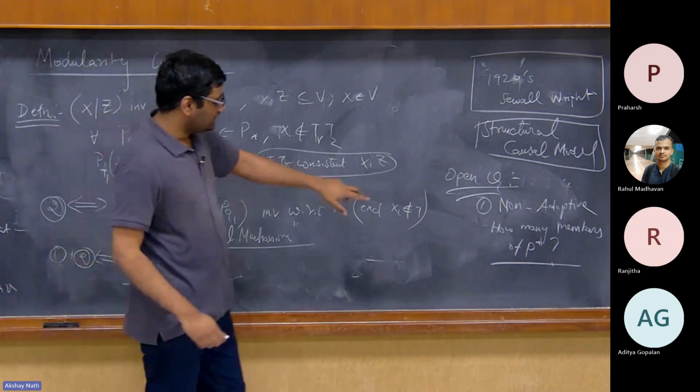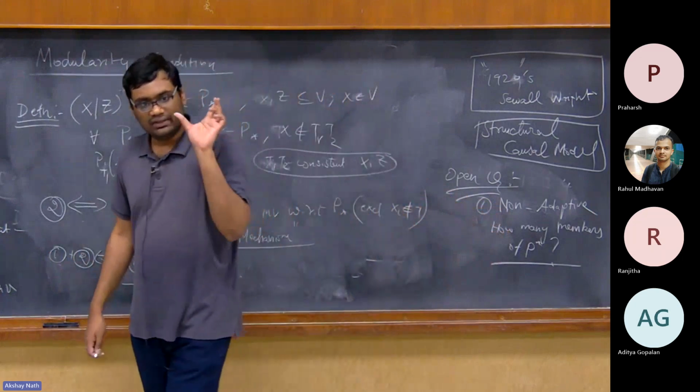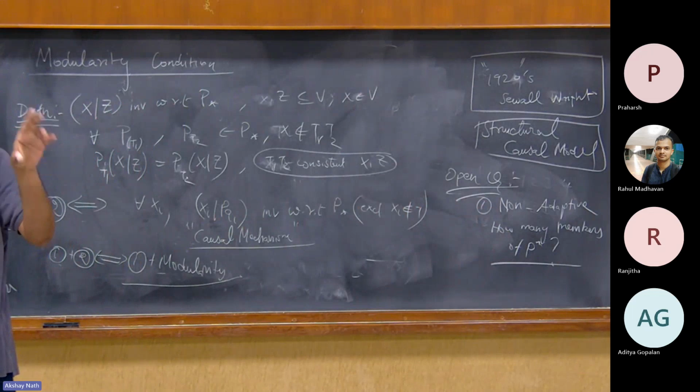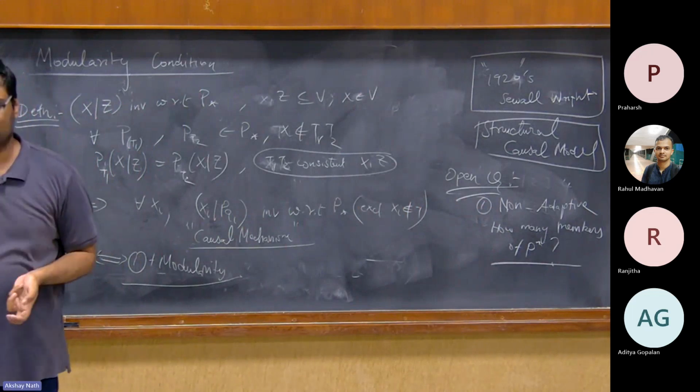So the reverse question, which is obviously a lot has been understood, is: if I give you a subset of P star, what is the equivalence class that you can get? We will come to that topic.